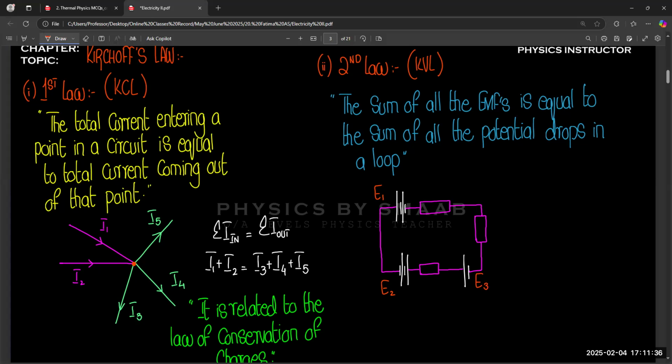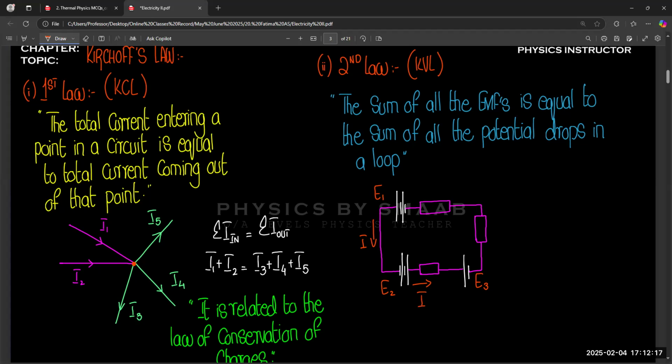In this scenario, we know that the positive and negative sides are not the same for all the sources, because from the first source, current is moving in this direction. The direction of positive will allow the current to flow from positive to negative because of the conventional flow of electric current. And the direction of current is downward, and E2 is also supporting the flow that is carried out from the first source in this direction.